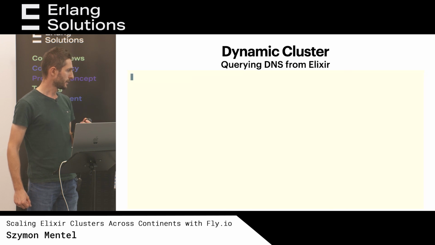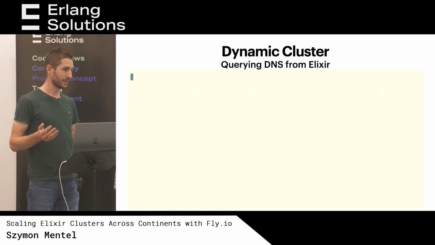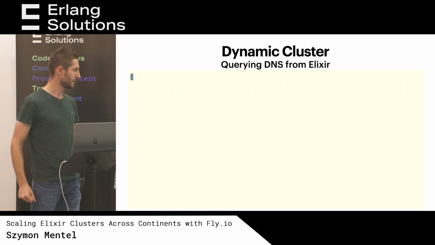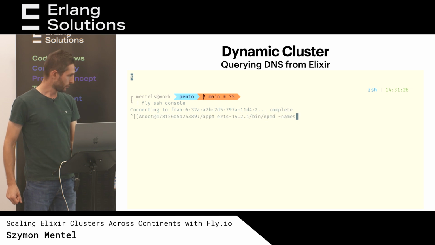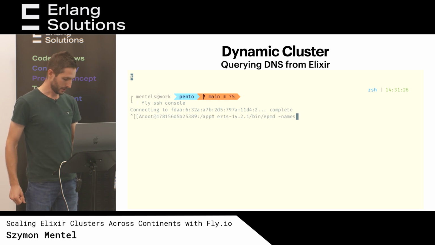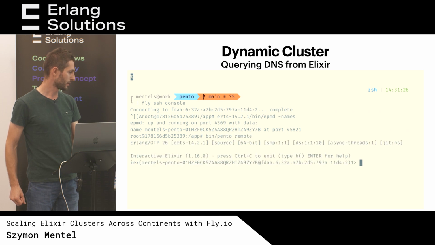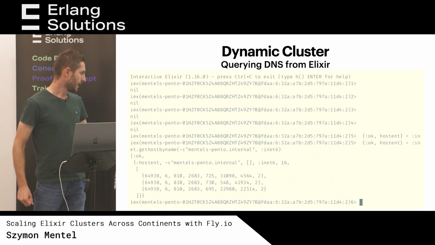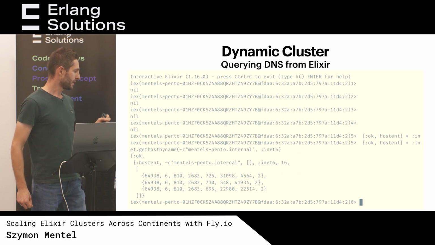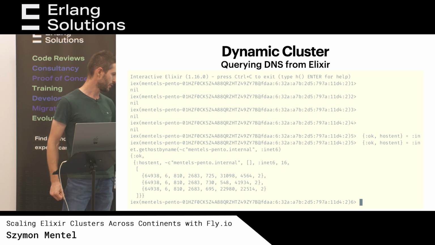Okay, and now how to do the same from Elixir, because if you want to cluster our Elixir nodes, we need a way to get those addresses from the Elixir shell. So let's try that from the Elixir shell. On our way there, we can check the EPMD. We can see that some local node is registered with EPMD on a certain port. And now if we start the remote shell, we can use the same inet gethostbyname API, but this time, because we are dealing with IPv6 addresses here, we need to pass the inet6 option, and we get a list of